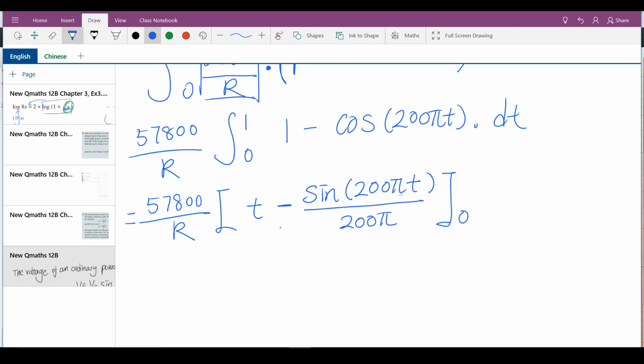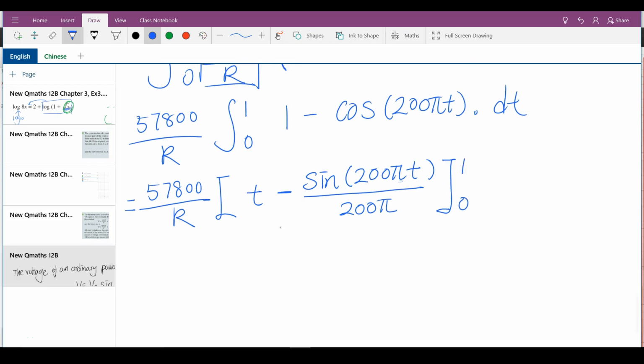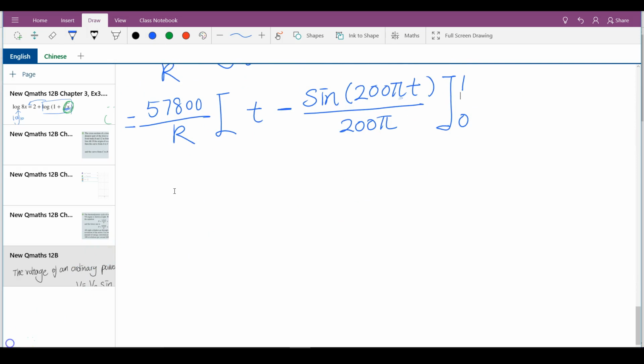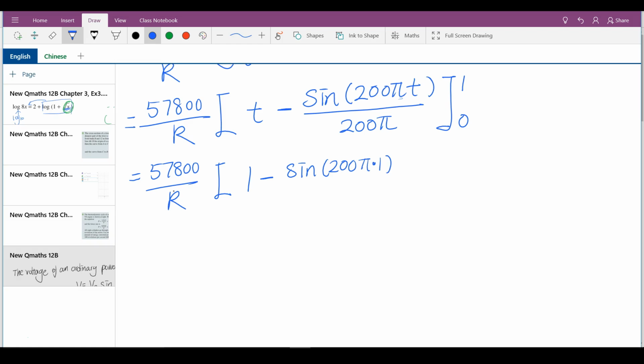Cool. From 0 to 1, right? All right, let's expand that big bit. Doing what we usually do with a definite integral, we sub the 1 in as t, and then we minus, and then we sub the t as 0. So 1 minus sine 200 pi multiplied by 1 over 200 pi